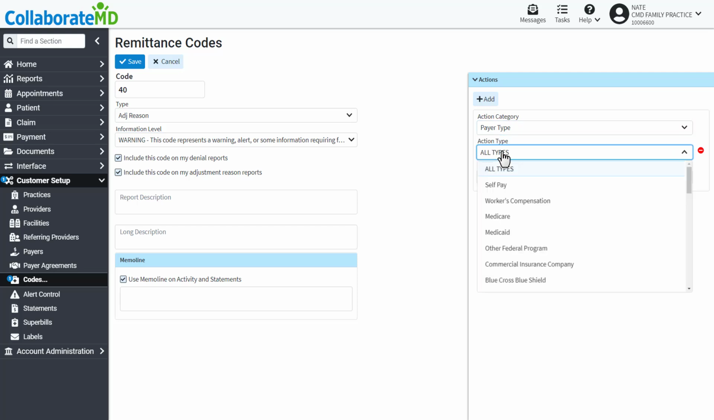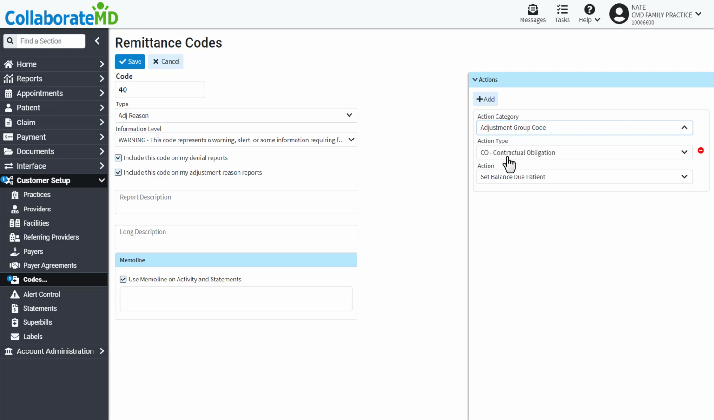Use the Action Type drop-down menu to select the specific payer type. For example, if we select Medicare, this action will apply to any payer categorized as Medicare who sends back this remittance code. Now, let's change it to an adjustment group. Use the Action Type drop-down to select a group code. For example, if we select PR, Patient Responsibility, the action will only be applied if the payer groups this remittance